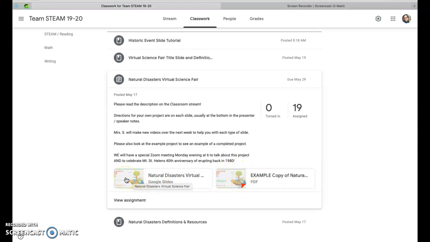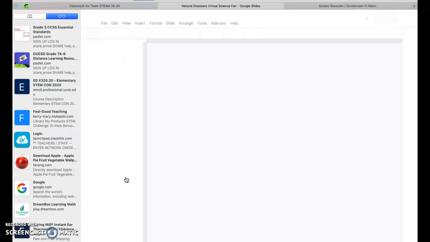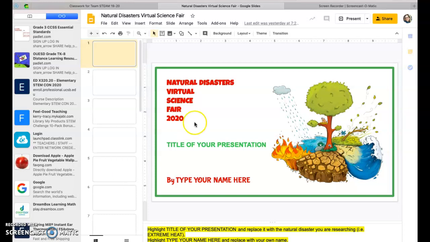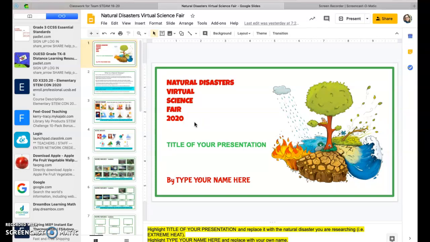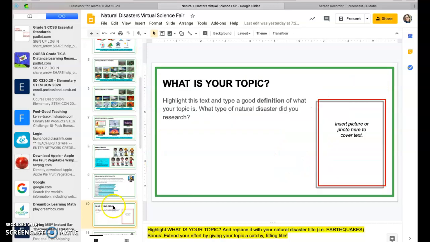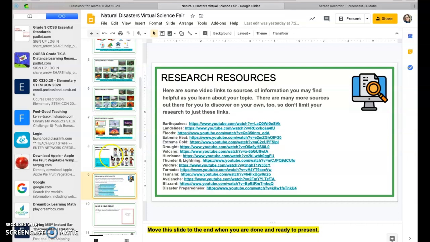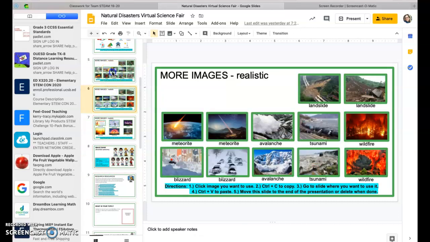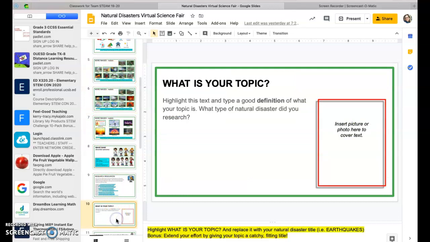So to actually do your slides, click on the Natural Disasters Virtual Science Fair, and there are your slides. Your title slide, that's the first one you'll edit. And then if you go down to slide 9, that is the next one you'll edit. All of those slides between 2 and 8, those are all resources for you. The videos that you can watch to learn about your topic, and all of the little images that we've included for you. So again, slide 1,